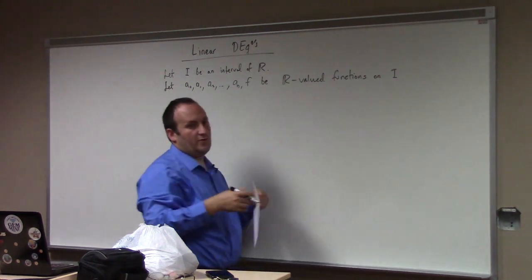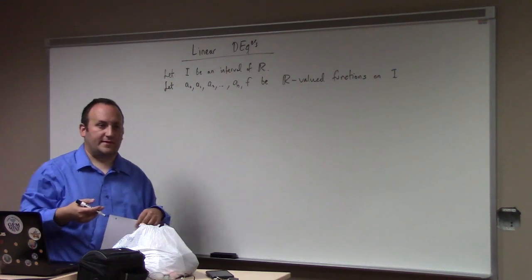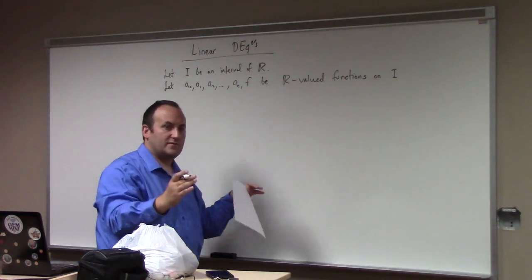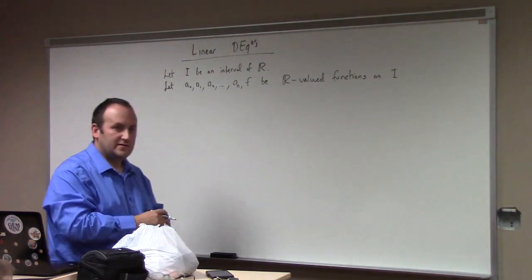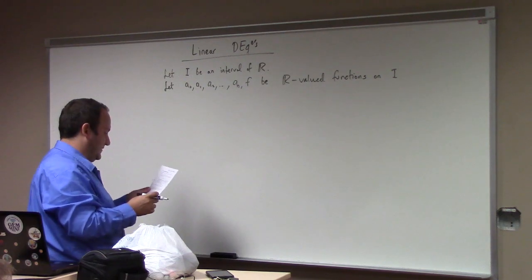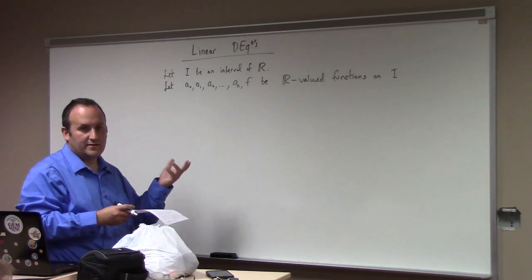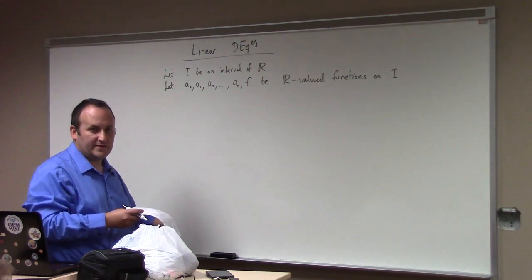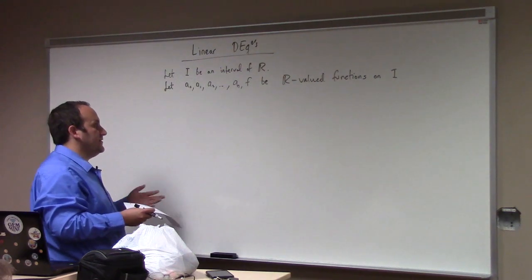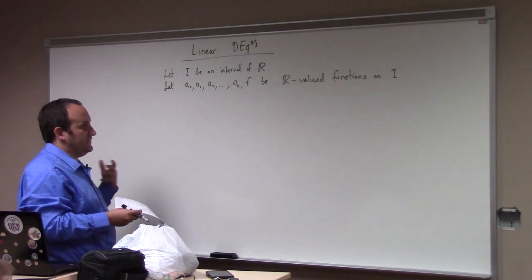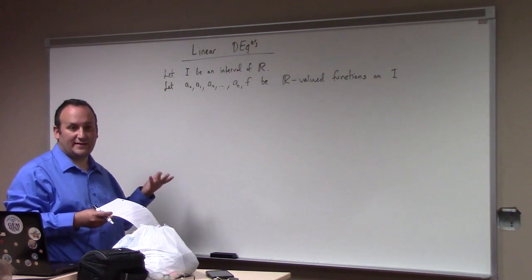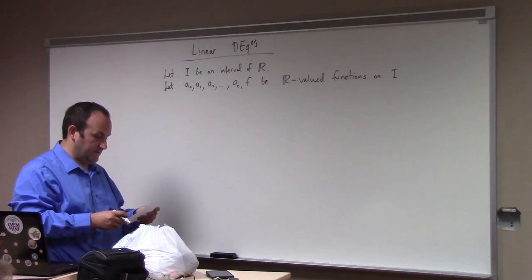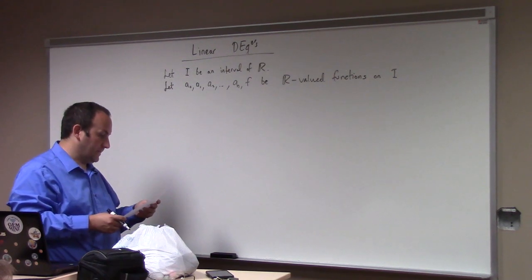So it could be the whole real line. It could be an open interval, a closed interval. But for the most part, we either have the whole real line or some sort of open set, possibly to infinity, possibly to minus infinity. In other words, the larger point is that the domain of definition here is some connected domain. All right, that's kind of important. So some connected subset of real numbers,